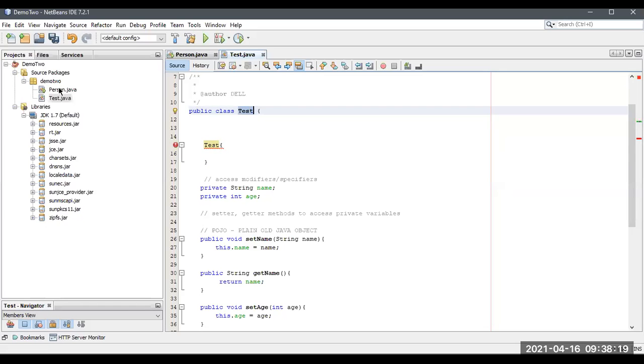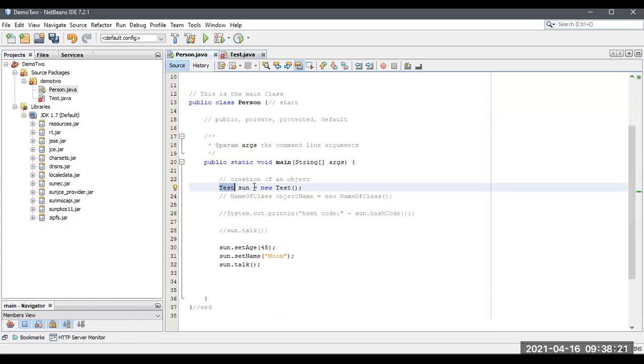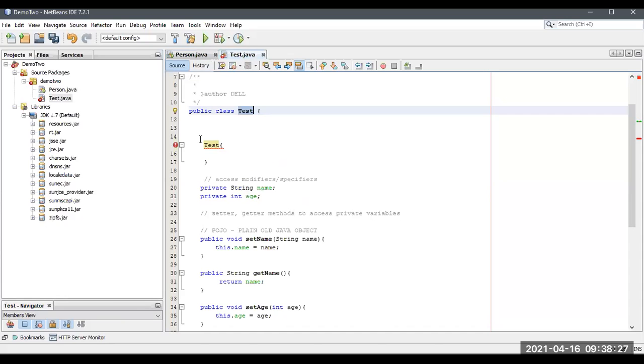So when I create a test object inside another class, this constructor will be accessed automatically, without calling anything. We don't need to call this constructor. After the creation of an object, we can directly access everything available inside the constructor.